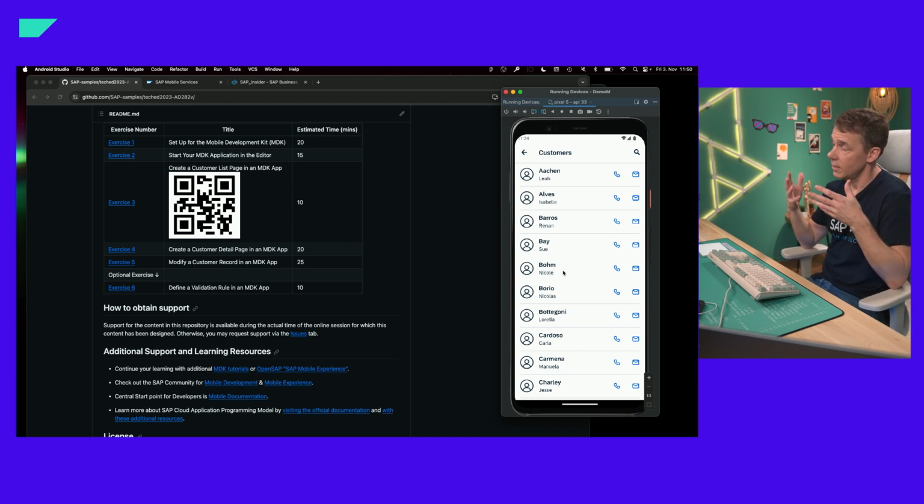But it is an application. If you're using MDK, it's runtime interpreted, right? So you're writing the application in NativeScript. And we have an iOS container and an Android container, and they will play back the application. And what I also showed when I was deploying the application, your application will be from SAP